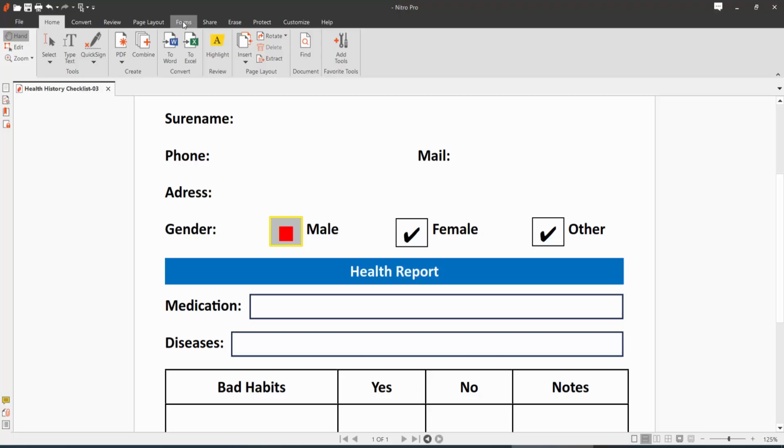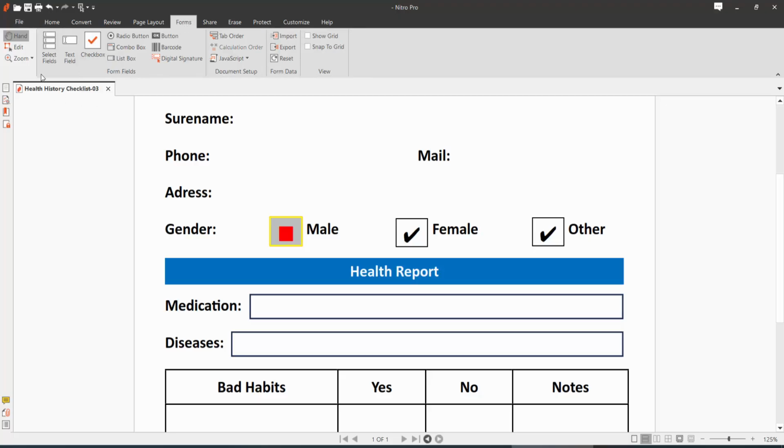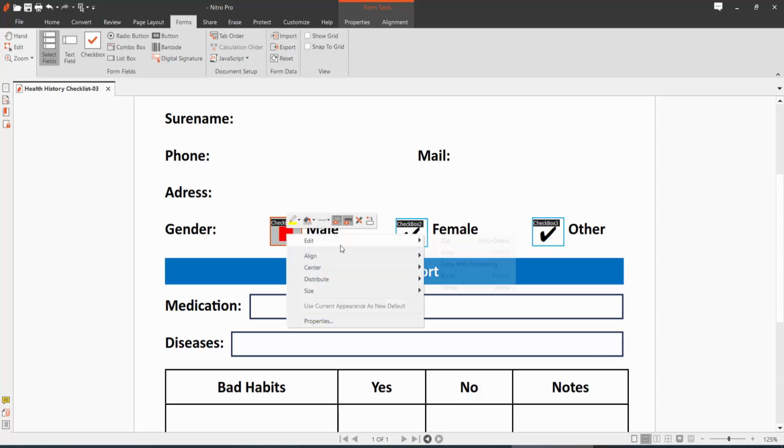Now select the Form option from this menu bar and here you will find the Select Field option. Click on Select Field and drag your mouse cursor. You can select multiple ones or you can click a specific one. Now press the Delete key on your keyboard, or press your mouse's right button and select Edit, and this